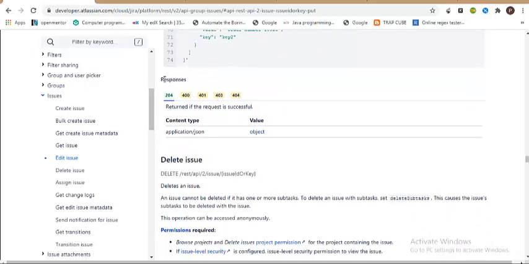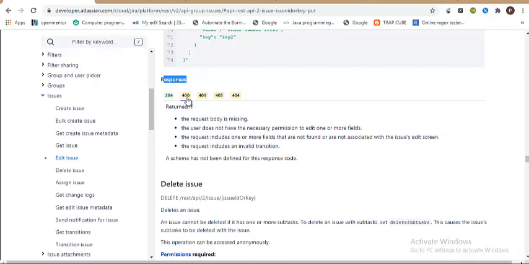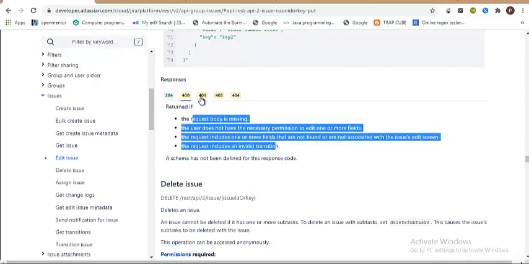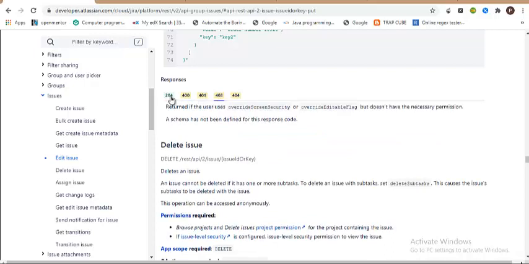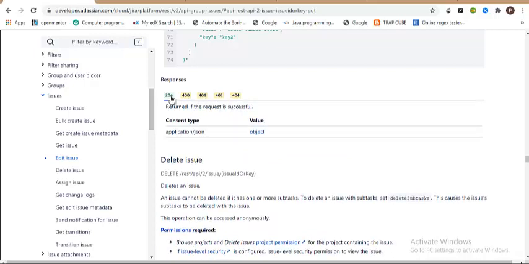Now if you look at the response, it is very strange. They are not returning any response, and the status code that they return is 204, which means no content. They are not going to give us a response saying that this has been done successfully. They have some other error codes as well, so you can go through and see what possible scenarios you can encounter: a 400 response if something is missing, and when you get 401 and when you get 403. It is all about how you read through the document and understand.